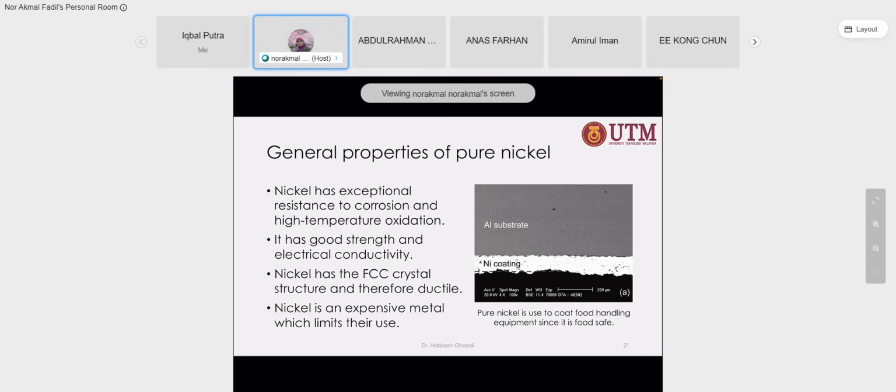Okay, mostly pure nickel, and sometimes they use a composite alloy, which is nickel phosphorus. This is the most famous, and second is nickel boron. Okay, some kind of alloy where the alloying element is a light element like phosphorus. Okay, so nickel is widely used for coating, mostly in the